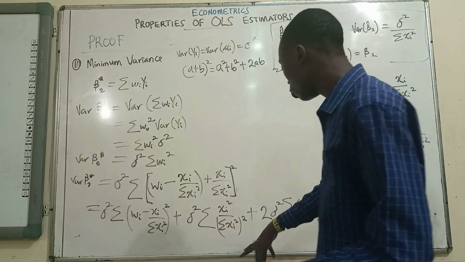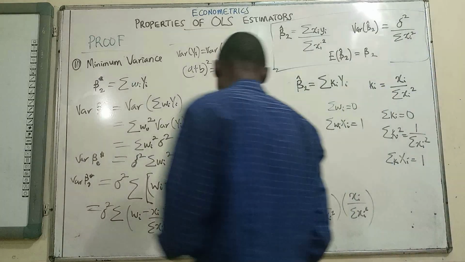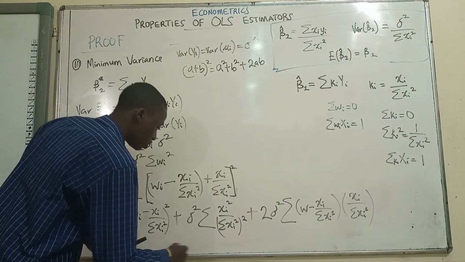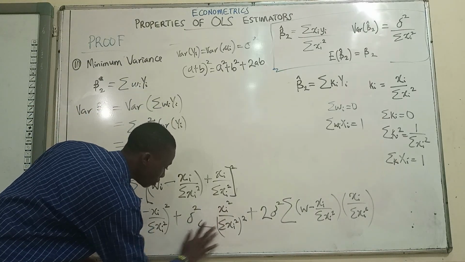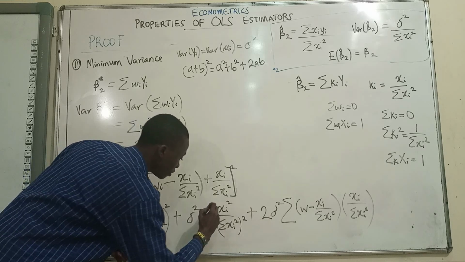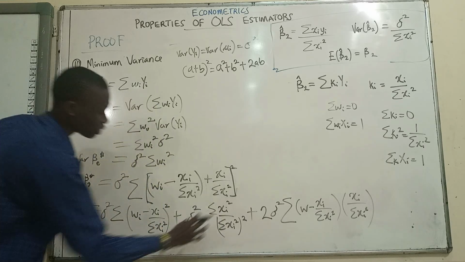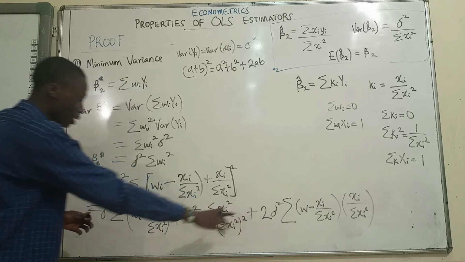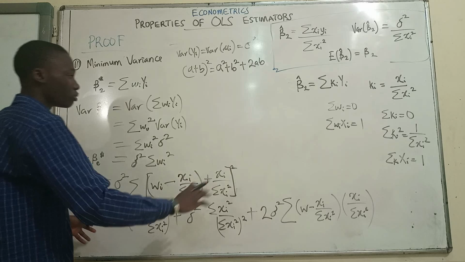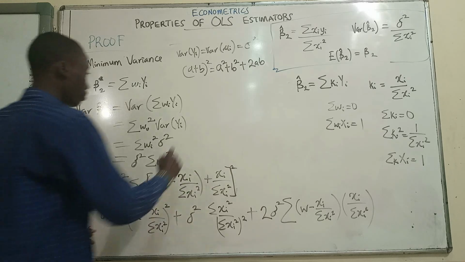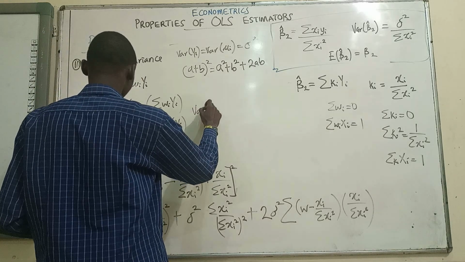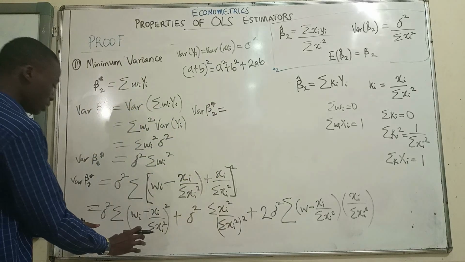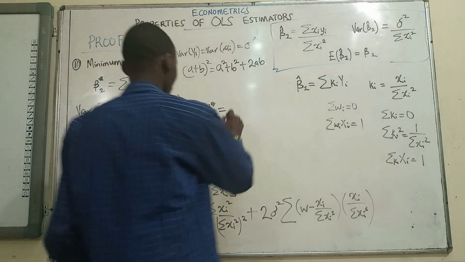So walking through, if I just try to rewrite this formula, let me just bring this summation up here. We see that what we have here is just what we have here, but this is just squared. So if we try to simplify this formula, our variance of beta 2 will simply be this